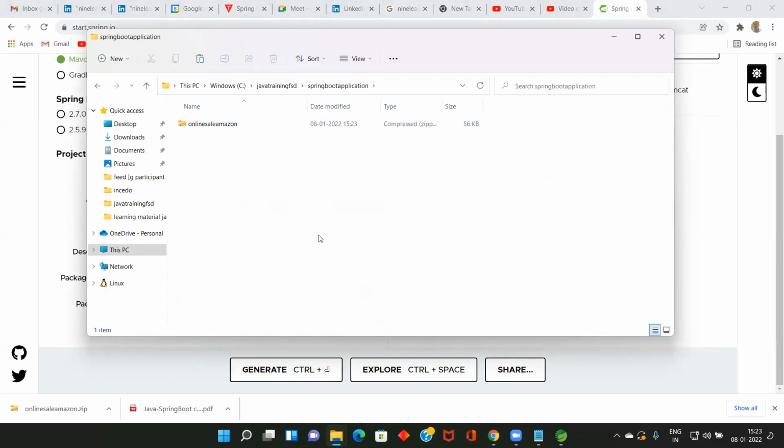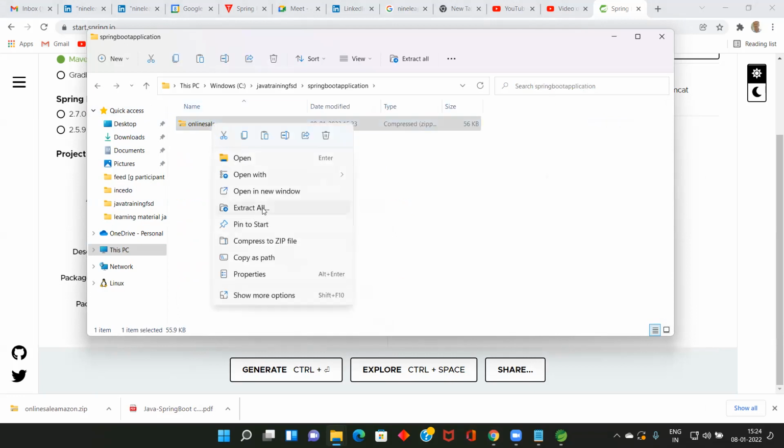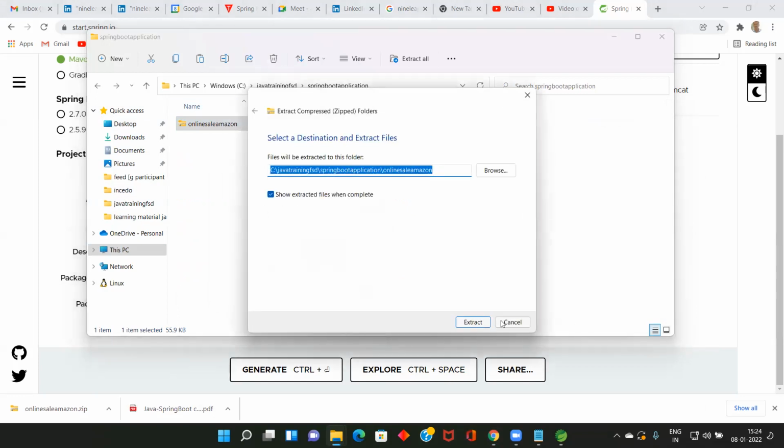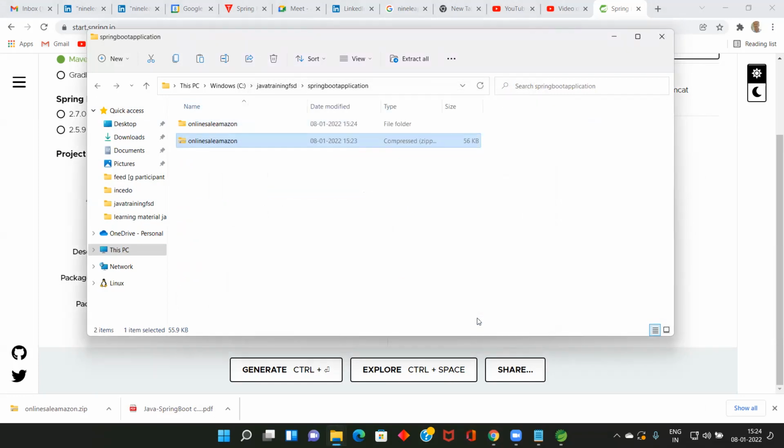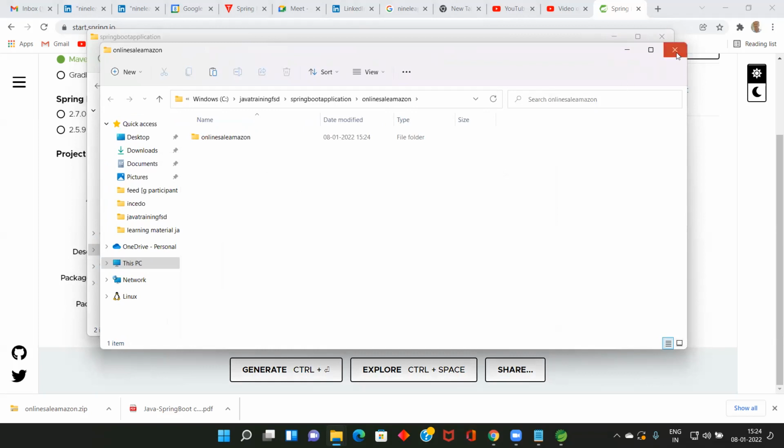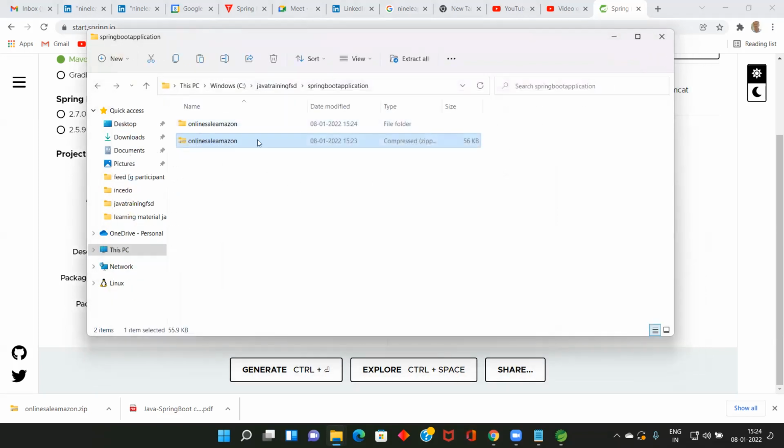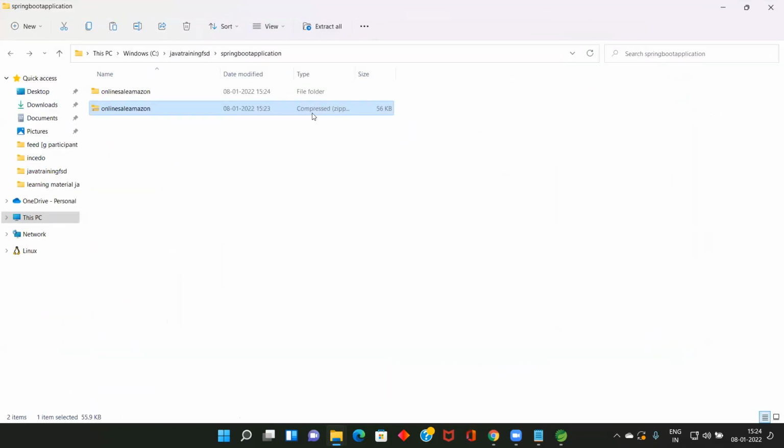Can you all come up to here? So now I created one Spring Boot application. When I click this one, I will unzip. Once you paste it here, you can right click, extract all. See here, it got extracted. This is the compressed, zipped file. If you place your mouse here, then you can drag.